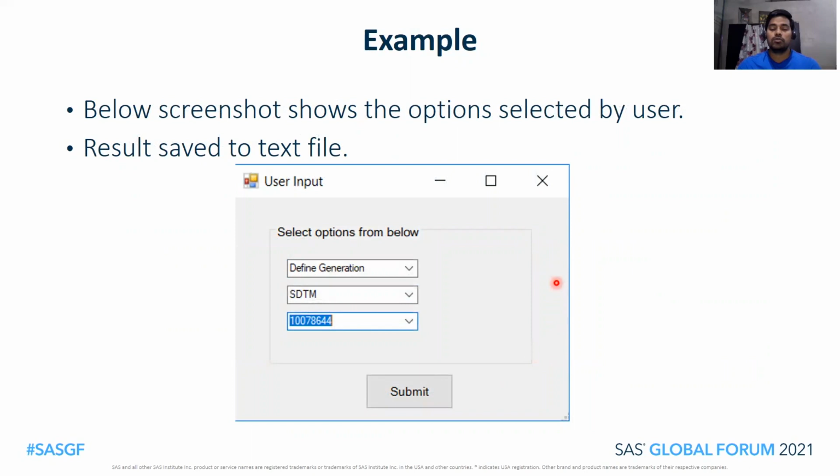This screenshot shows how the user has selected the options. For example, the user has selected define generation as the task, SDTM as the module, and study 10078644. Once the user presses the submit button, it will save the result to a text file.